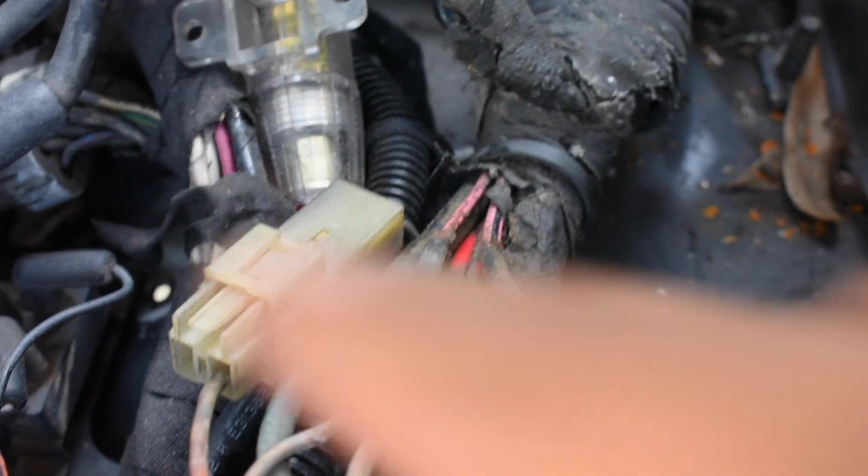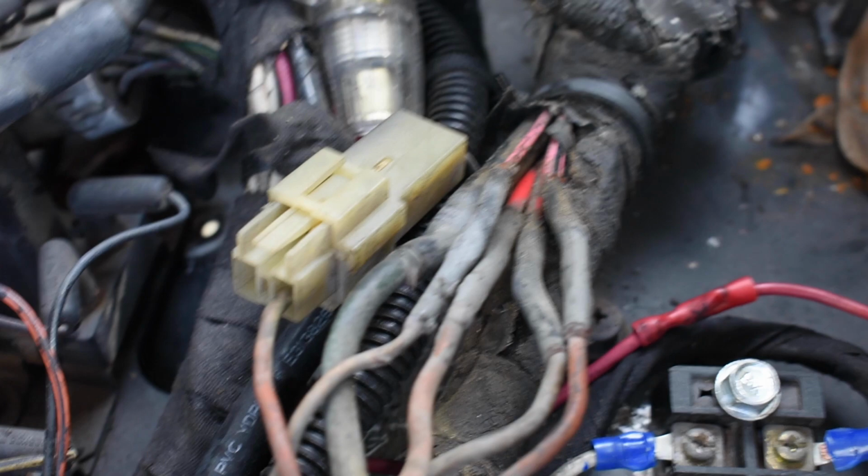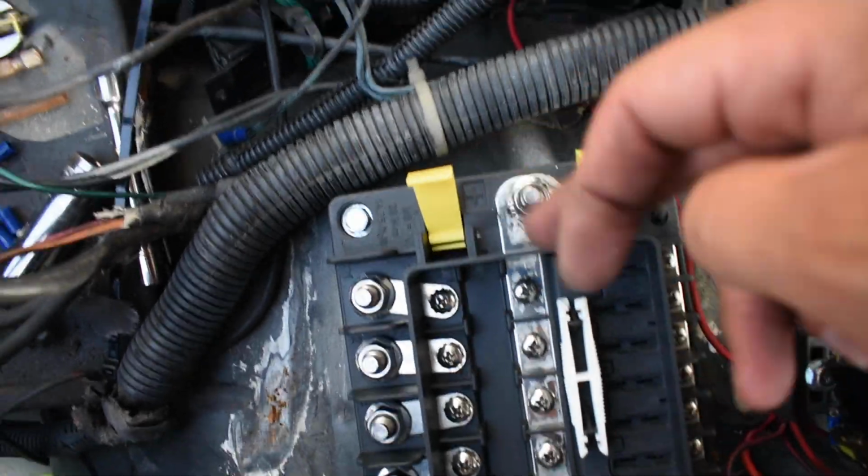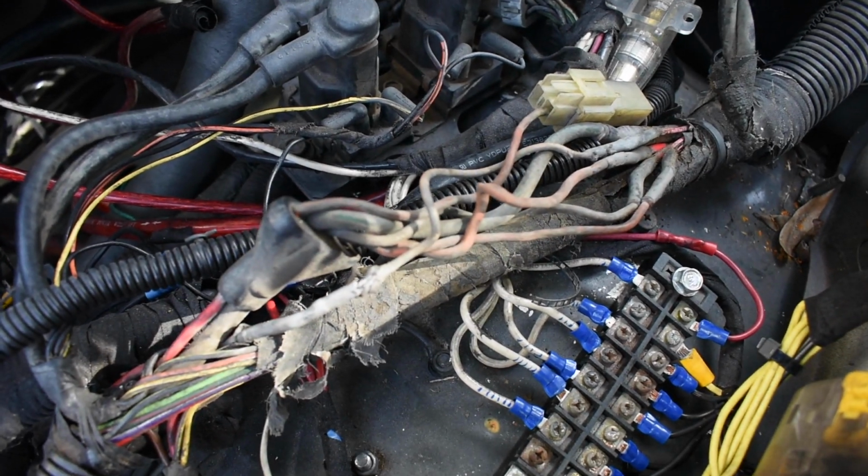So back here, and then afterwards we're gonna start connecting them to this main power supply right here where the fuses are gonna go at. So let's get right to it. Another thing,